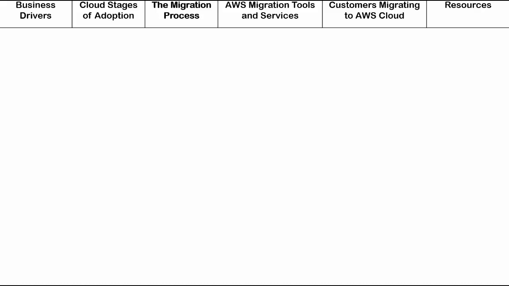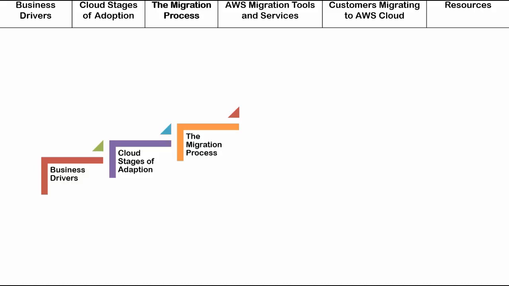Before you put your hands to work to migrate your applications, let's understand what kind of processes we're going to go through. That is the business drivers: what benefits or parameters of cloud computing are driving your business to move the applications to the cloud. Then we'll talk about the stages of cloud migration and the migration process involved. How are you going to plan the migration process for the applications? How are you going to plan the same for the databases? It's more of a planning process. Then the tools. There are some AWS tools involved.